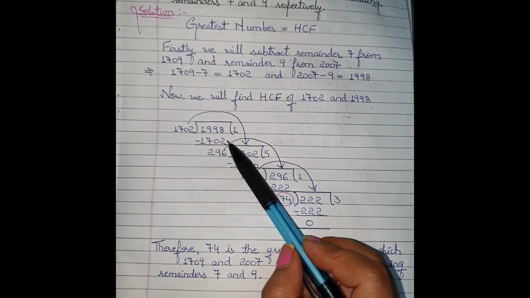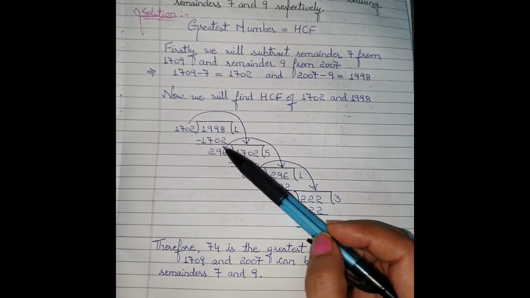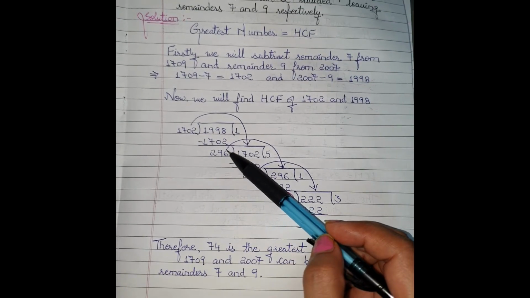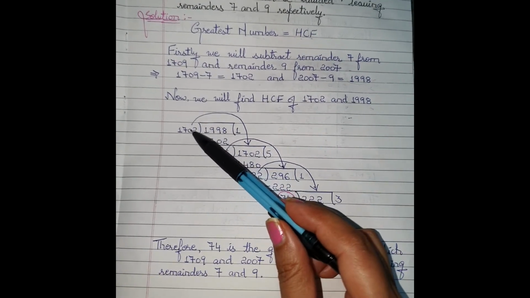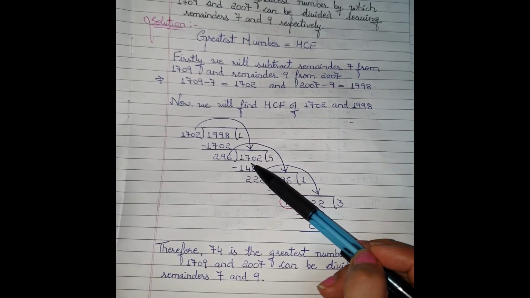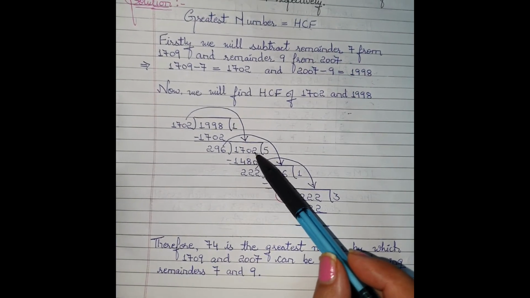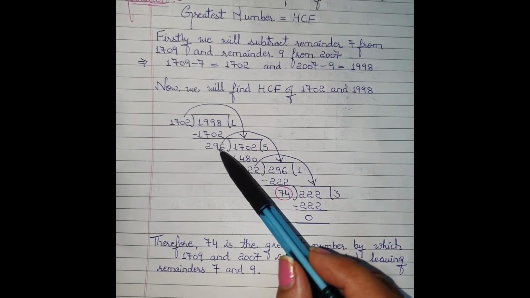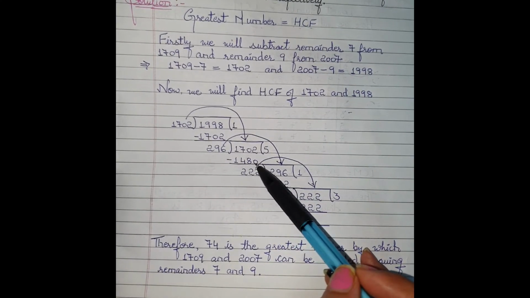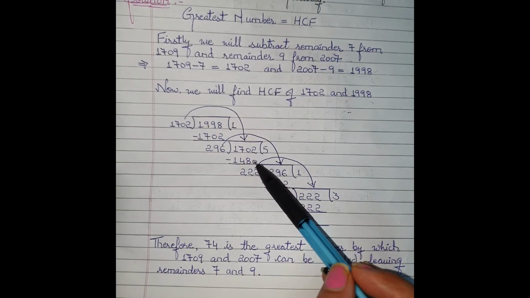and it comes one time. So 1702, subtract: 8 minus 2 is 6, 9 minus 0 is 9 and 9 minus 7 is 2. Now this is not the remainder 0. So this number 1702 will come down in the next division format. Now we have to search for the number smaller than 1702 in the table of 296. So in the table of 296, 5 times comes 1480. So I have written here 5 and here I have written 1480.